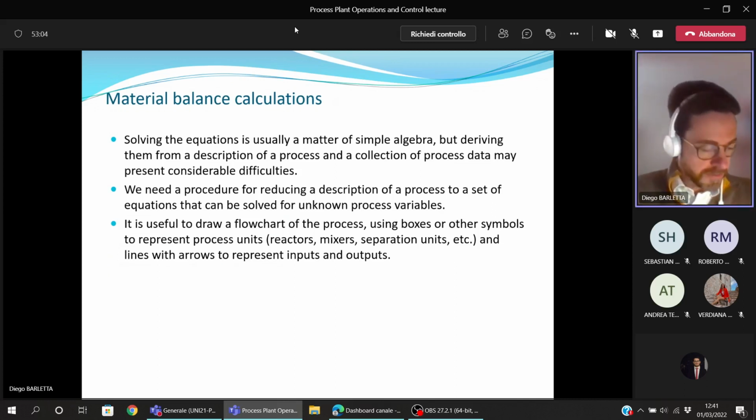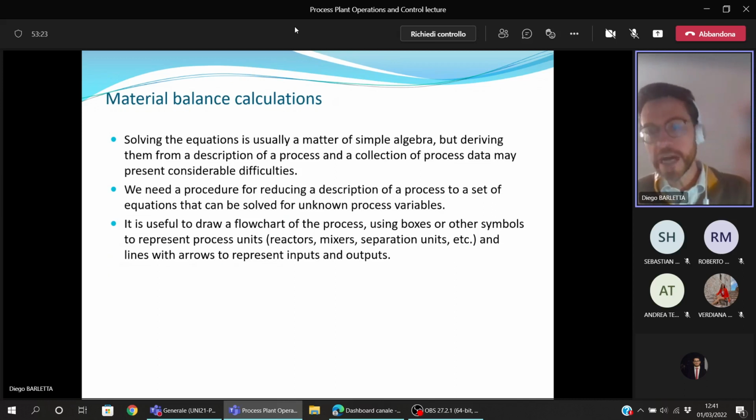So for this reason, following a procedure could be useful because it will help us in doing a step-by-step procedure. So it is useful to draw the flowchart of the process starting from the description,